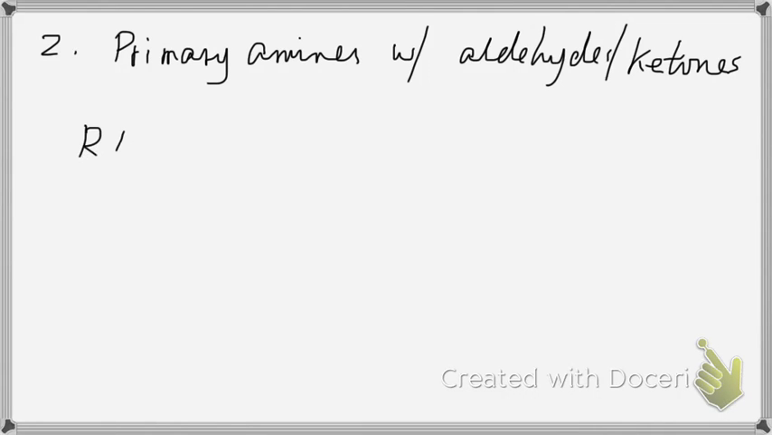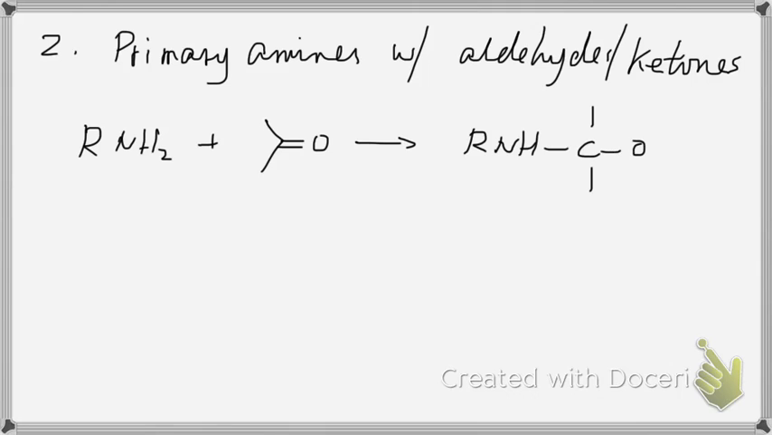The second reaction, primary amine can react with aldehydes or ketones. That's the nucleophilic addition reaction. The nitrogen of the amine could serve as the nucleophile to attack on the carbonyl carbon, breaking the C=O double